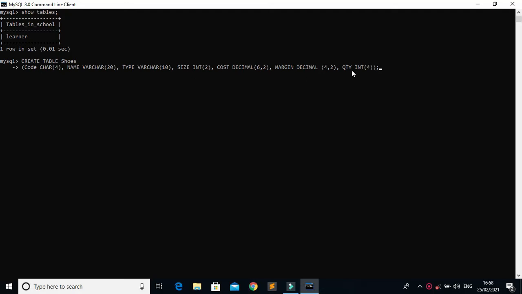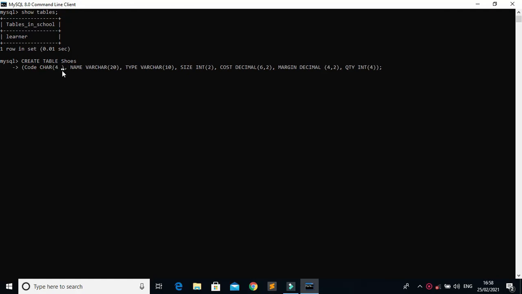Now what if we want a column in which no duplicate value must be there? So we can assign code as a primary key. Now how can we do that? For that we can bring our cursor here and define code as a primary key.